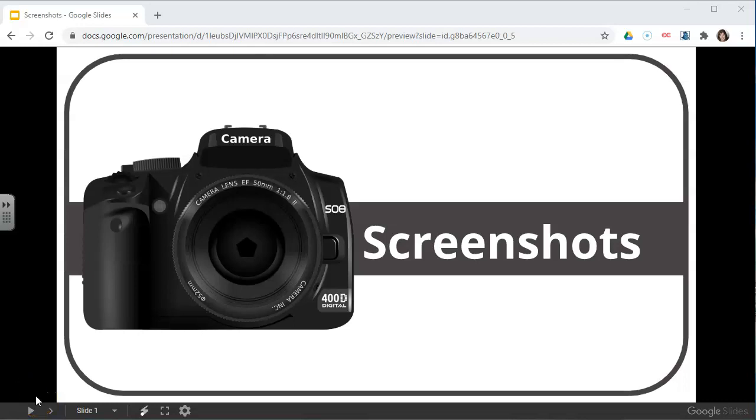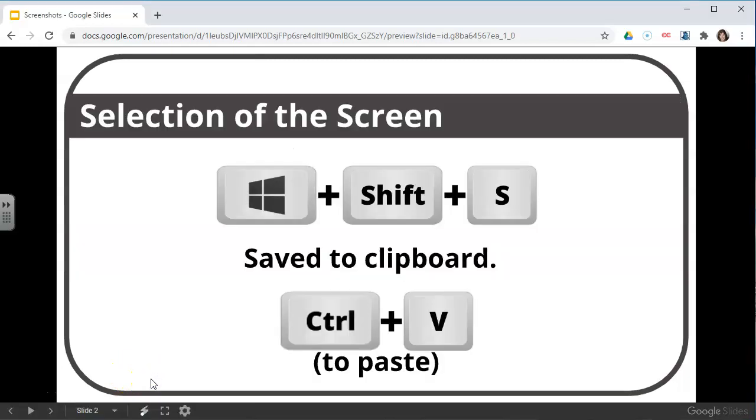Hey, I'm going to review how to take screenshots and where to find them on your computer. So the first type of screenshot I like to take is the selection of the screen. And that means if I wanted to just take like one bit, so for example, if I wanted to take